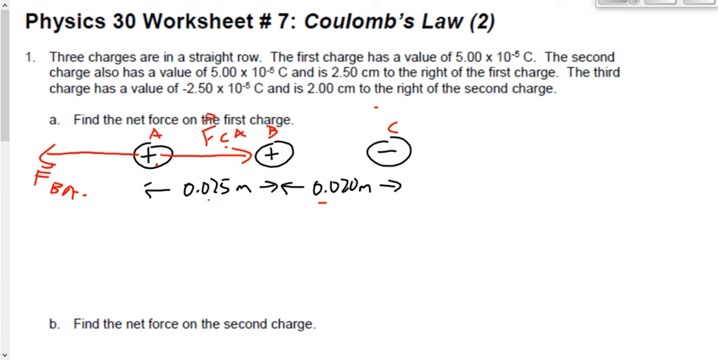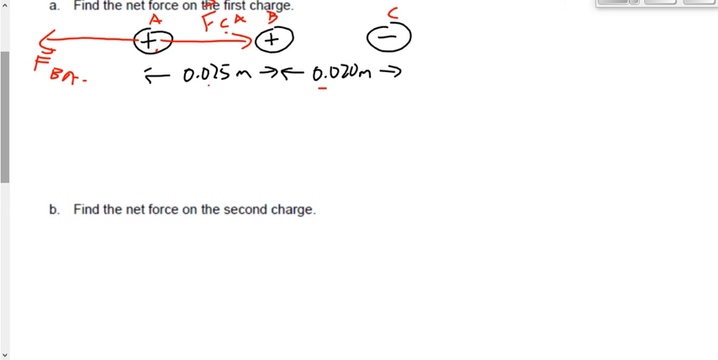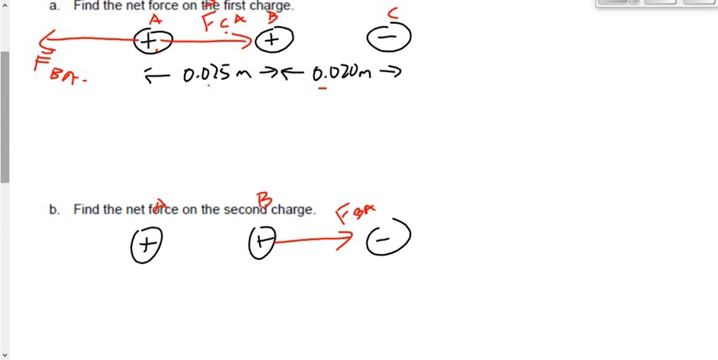All right? B says, find the force on the second charge, on the middle one. So we've got positive, positive, and negative again. The force of A on B. Is that attractive or repulsive? A on B. Shiva, is that attractive or repulsive? Those two positives. Yeah? So if it's repulsive, B is going to be pushed away from A. Right? Now, A is going to be pushed away from B, but I don't care right now